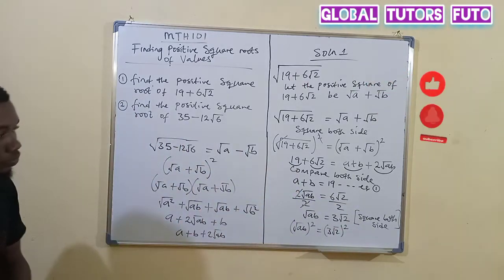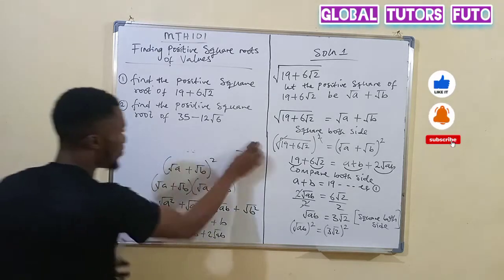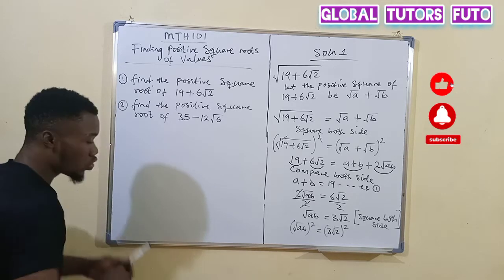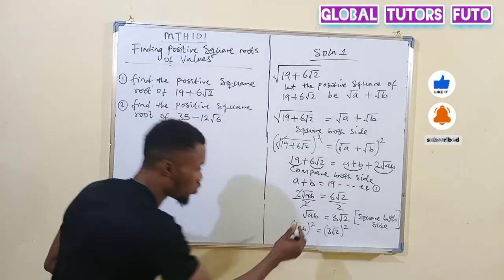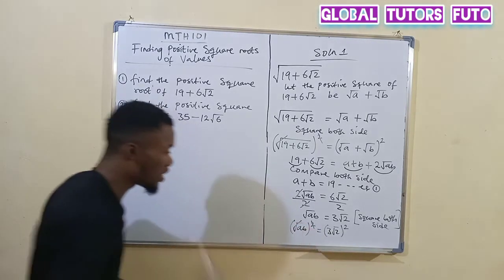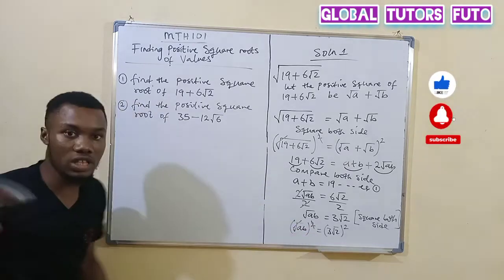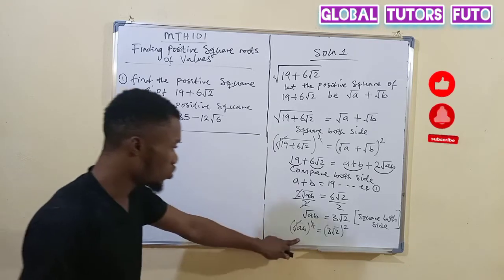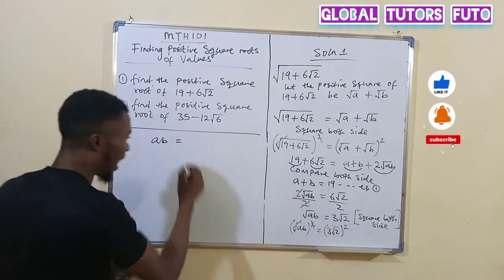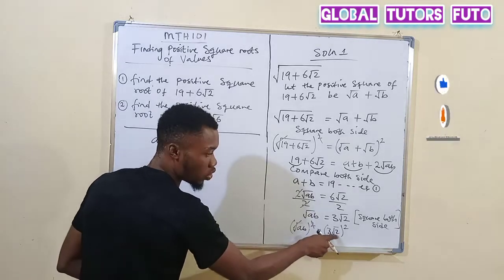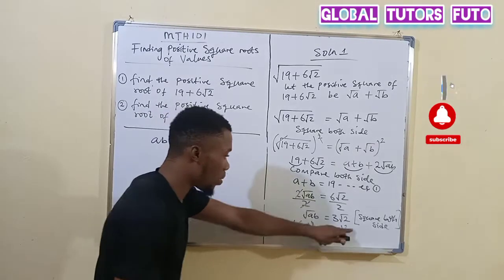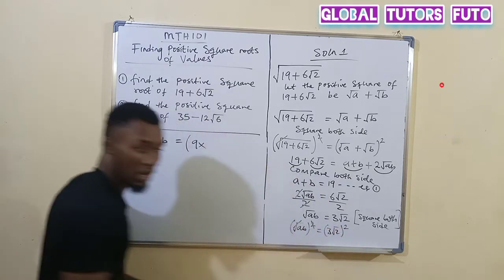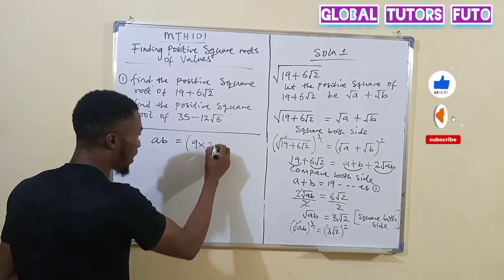Okay, so let me make some space here so that we can finalize it. So now, solve ab raised to power 2, this square root takes 2, okay? The square cancels the square root, so I'm left with ab here is equal to, so 3 raised to power 2 will give me 9. Remember that this is 3 root 2 raised to power 2. So 3 raised to power 2 will give me 9, times 2.